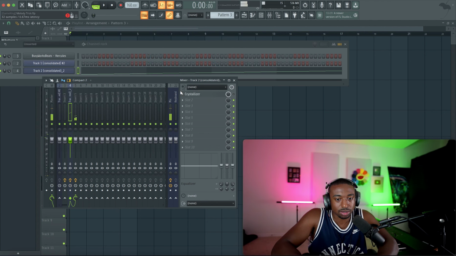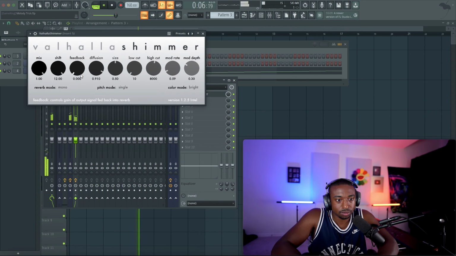So I think the Crystallizer is a little too much for this one. Let's add some pitch shifting to the Valhalla Shimmer. So now we have that Metro Boomin type sound.